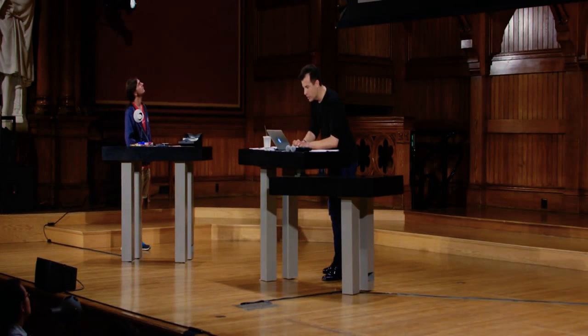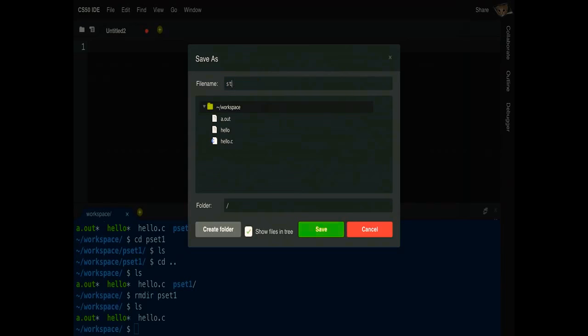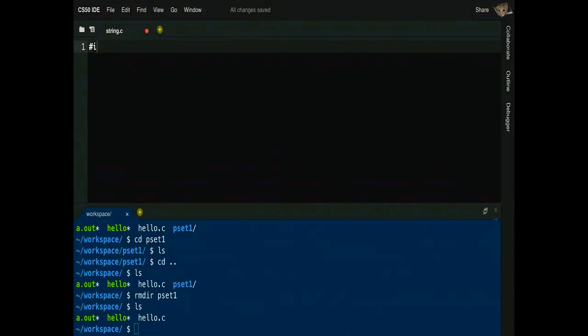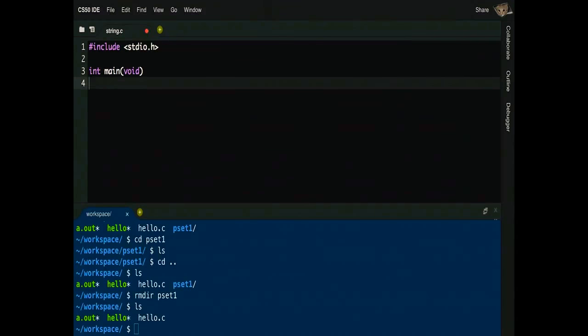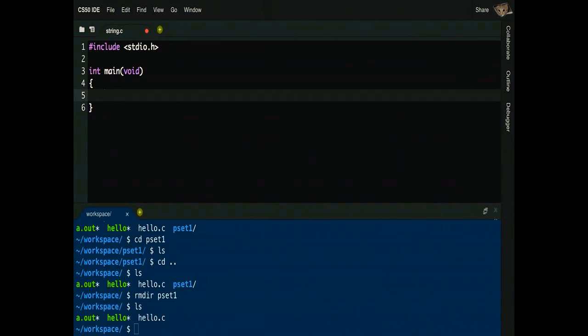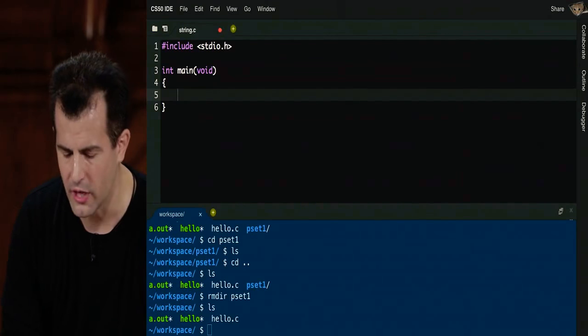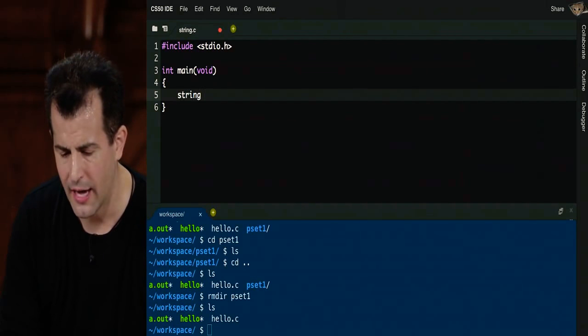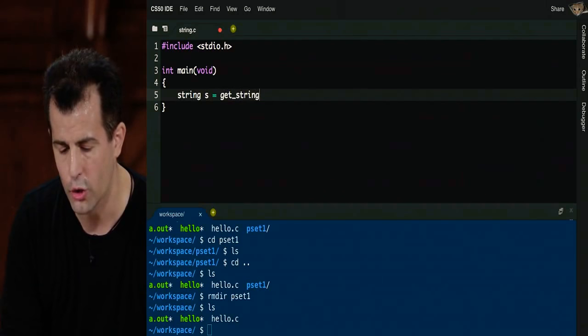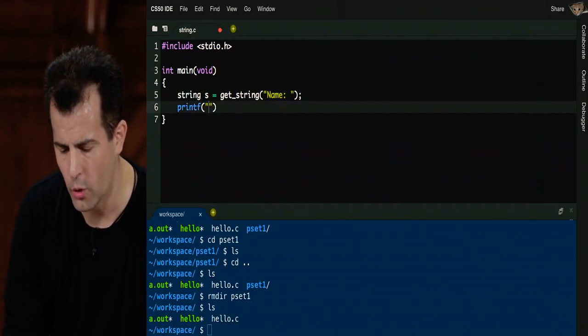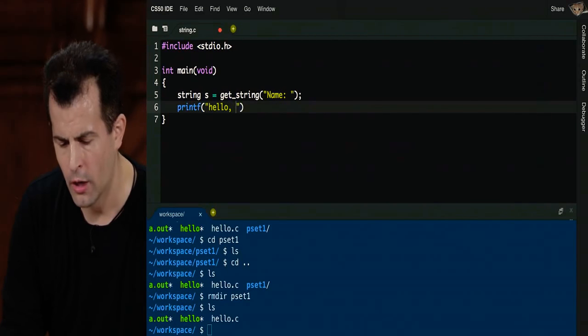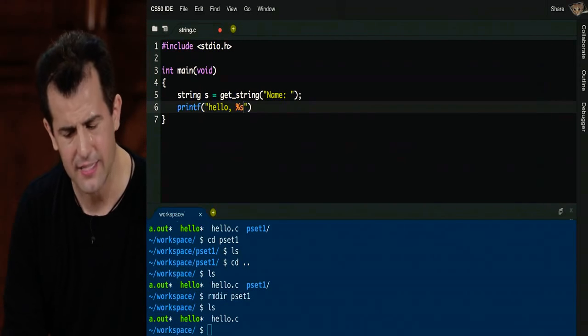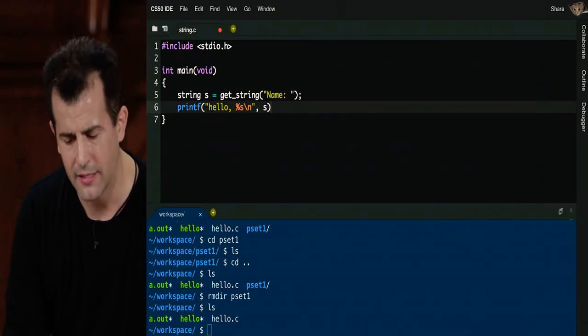I'm going to go ahead and create a new file called string.c. I'm going to go ahead and do #include <stdio.h>, int main(void), which is just copy and paste from before. But instead of just typing out hello world, I'm going to do this. string s = get_string("name"); and then printf("hello, %s\n", s);